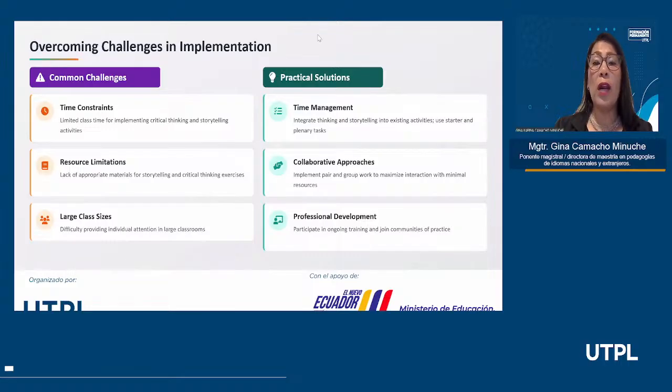Okay, you are going to find always some challenges you have to overcome. And the first one is time constraints, okay? I'm sure you as English teachers don't have much time for doing lots of activities with your students. Or maybe you don't have the necessary resources, but you have to find ways, okay? Maybe you can incorporate 1 story through the unit or 2 according to the time you have been assigned to teach your English lessons.